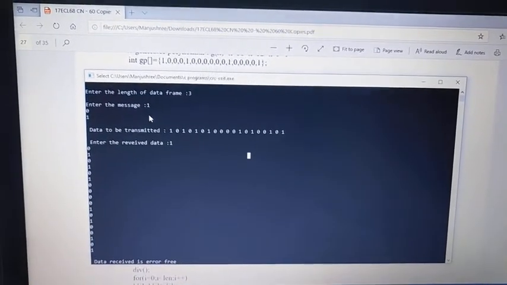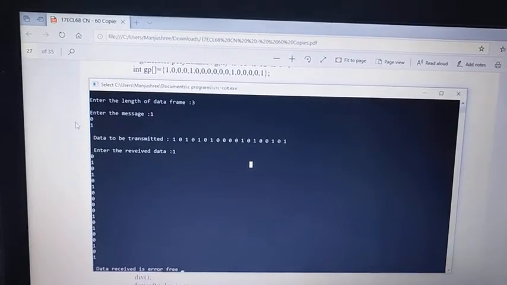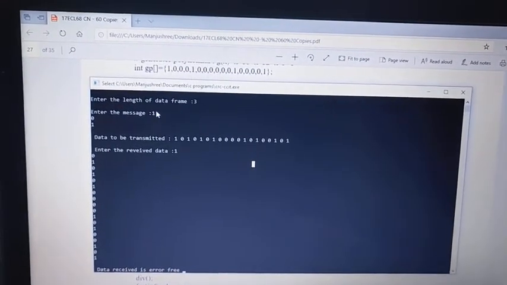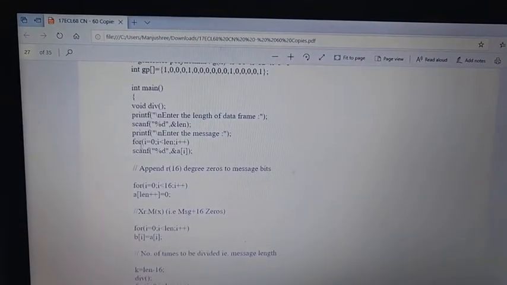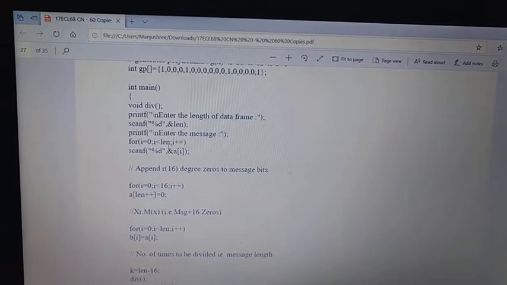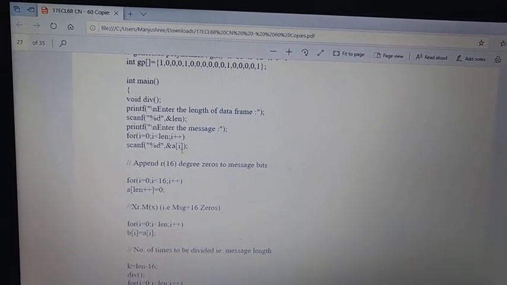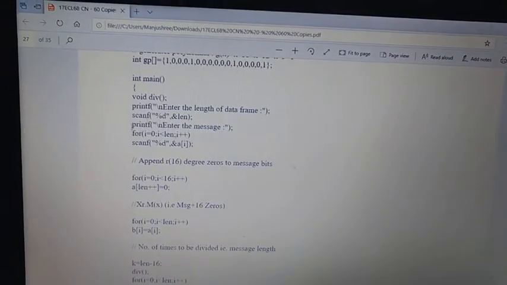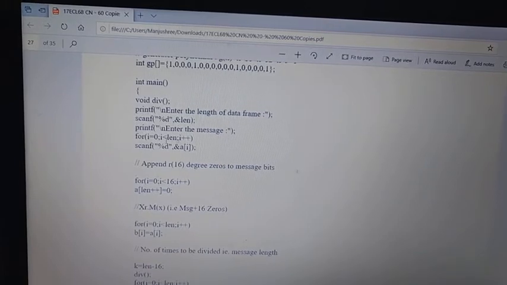How I am going to enter here, that you should remember. It is entered as 1, enter, 0, enter, 1, not continuously as 101. Why? Because here I have considered the for loop. So for each and every increment of the i value, I am going to store the value that is entered in an array location. So for i equal to 0, 0 is less than 3, the condition is true.